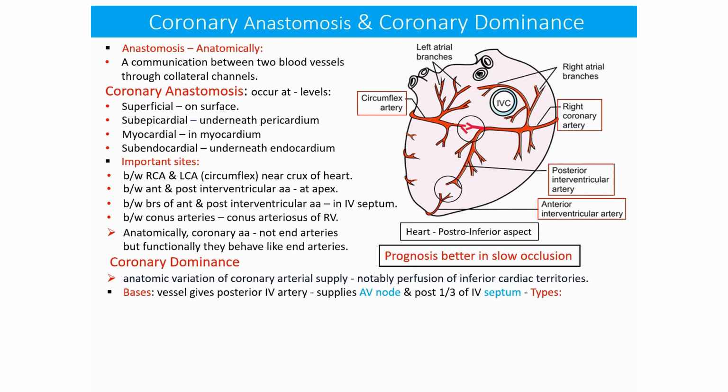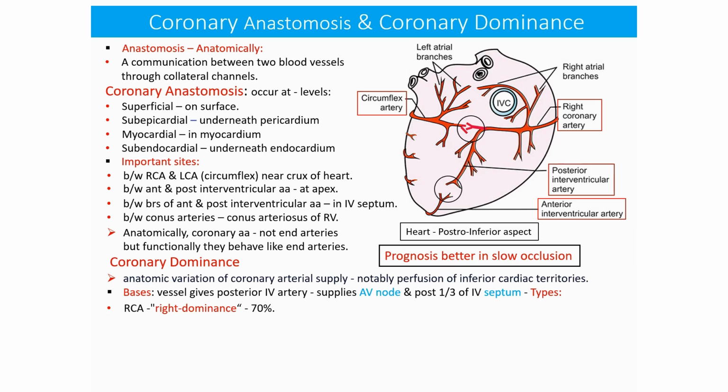The basis of coronary dominance is that it depends upon the vessel which gives posterior interventricular artery, which supplies atrioventricular node and posterior one-third of the interventricular septum. The types of the coronary dominance are: number one, in 70% of the cases, right coronary artery gives